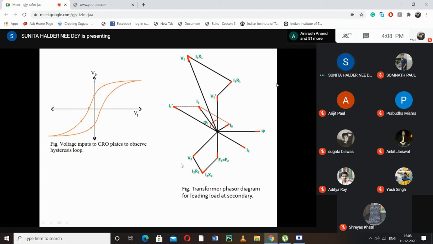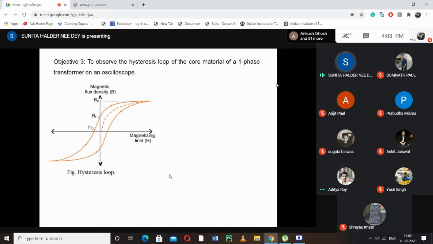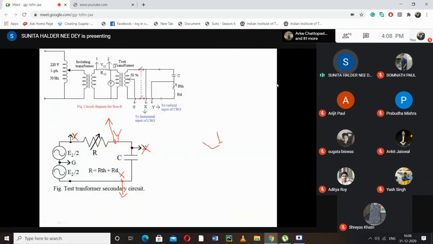Can we remember? Yes, V12 is this one. This will give you the voltage proportional to the magnetization current, is it not? Obviously here we are closing the circuit, so it is accompanied by some current proportional to the secondary current also, but the load is so low compared to the rating of the transformer that we can approximately say this is almost the magnetization current. So V12 will be the voltage proportional to the magnetization current.